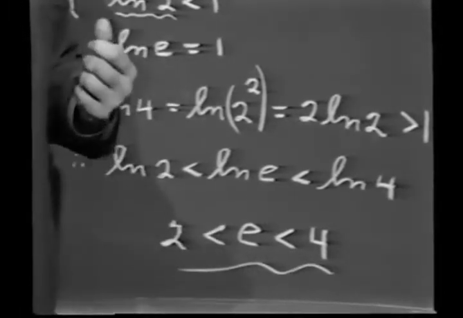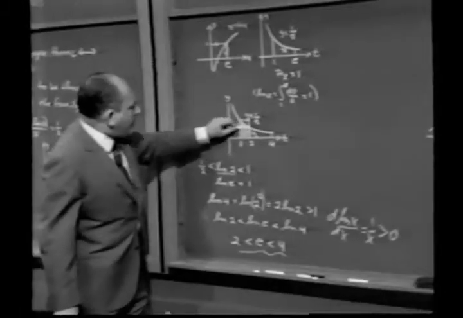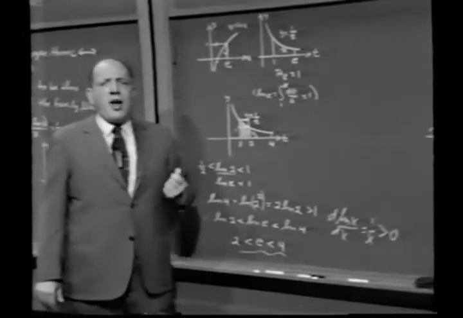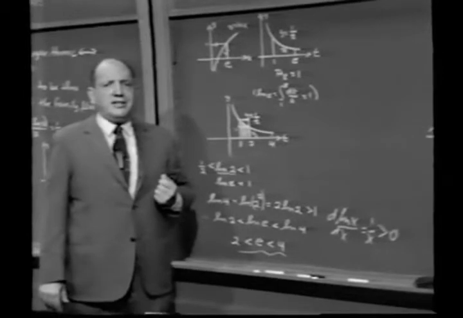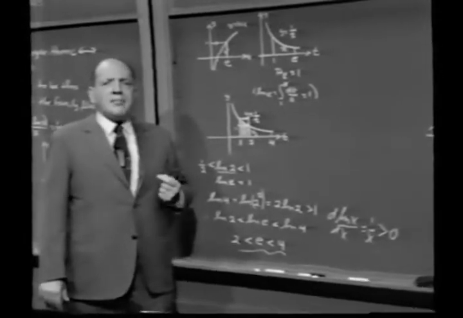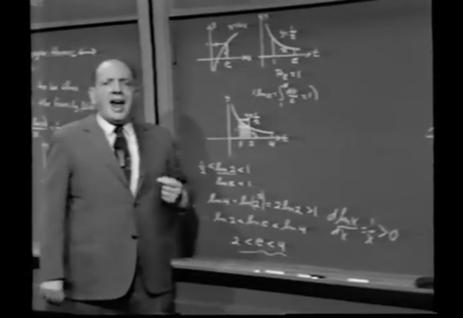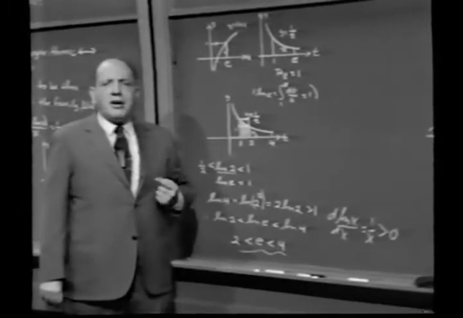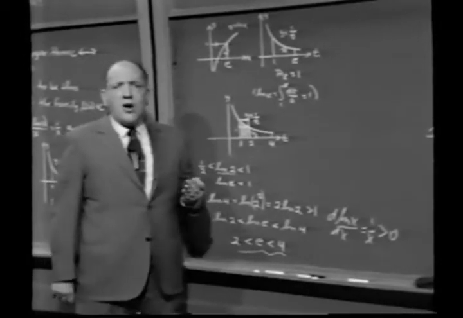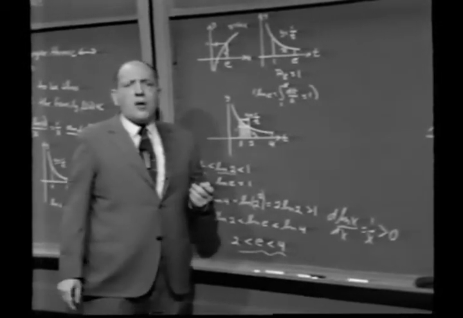In other words, even with this crude approximation of just inscribing and circumscribing rectangles, I can show again, without reference to exponents, that the number e, defined by the fact that ln of e is 1, is some number between 2 and 4. But again, we won't dwell on this too long. What I want to do now